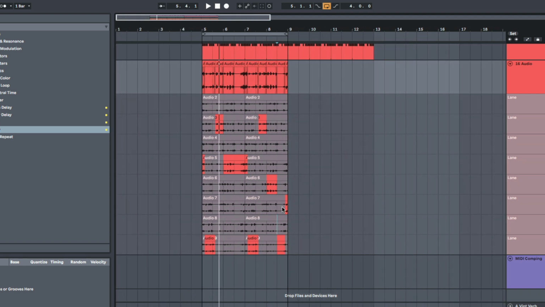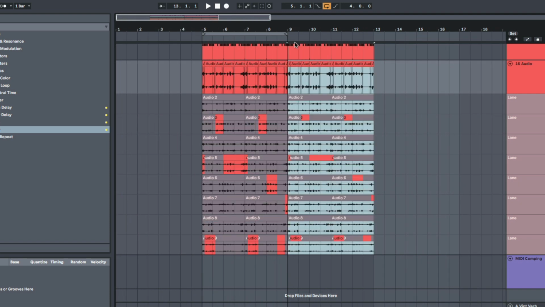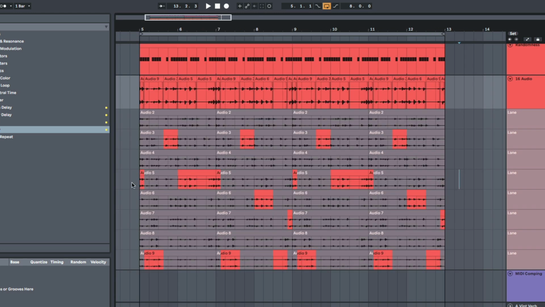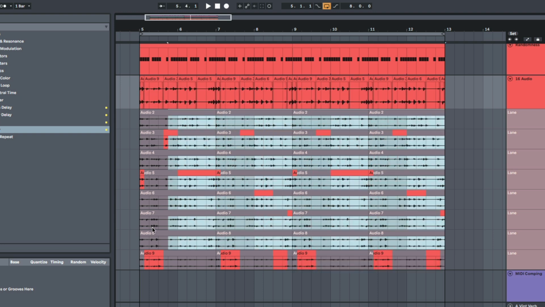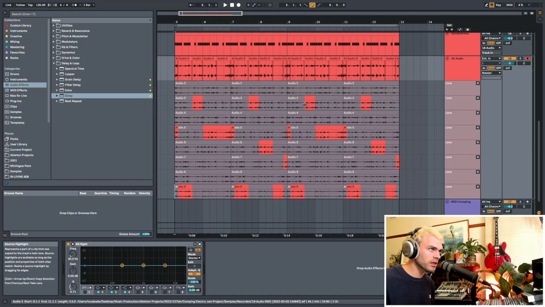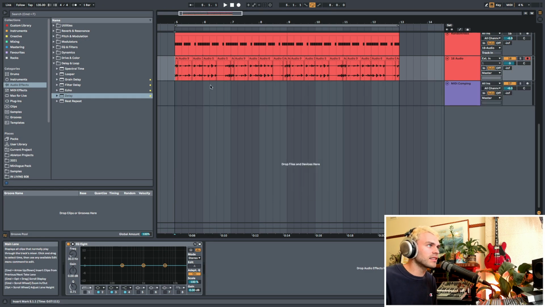And then we can do this again and duplicate all of this over again and then choose slightly different sections for this part again. So we're using the randomness to create a whole bunch of different takes, which we're then choosing from and controlling it in a really nice way. So once we're done choosing our parts, we can simply just hide the take lanes, and then we've created this really nice loop that works,